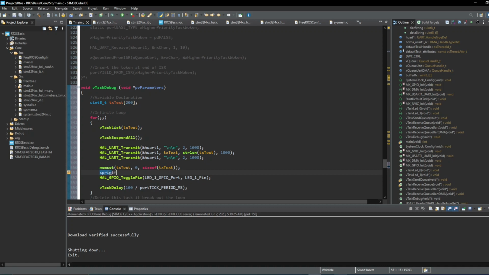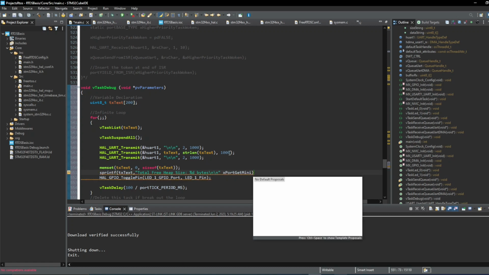I'm gonna format the information inside the tx text variable, and I'm gonna insert here another important information, which is the total free heap size. Okay, in this case this is double bytes, and of course we're gonna jump lines here twice. Good. And this is the function to bring back the free heap size, is the export get minimum,